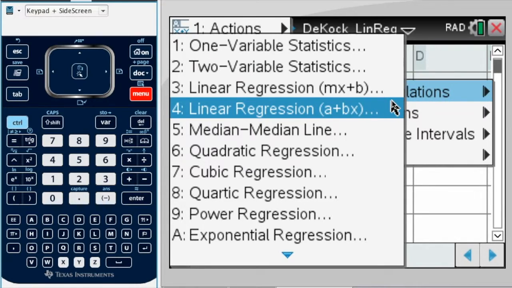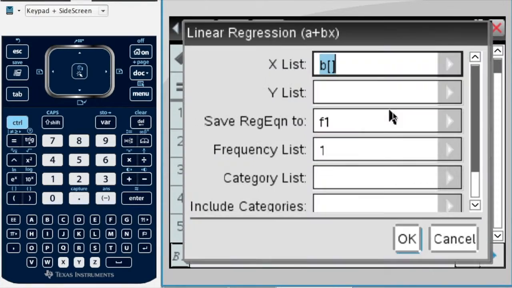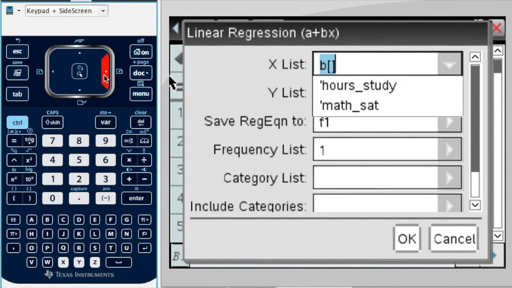If you want to use the third one down, mx plus b, feel free. That corresponds with what you do in your algebra classes. I teach statistics, and statisticians, we like to use the a plus bx. The reason for that is if we ever get into multiple regression where we have multiple x's, it sets the stage for that. So I'm going to pick linear regression a plus bx, press the right arrow twice, and